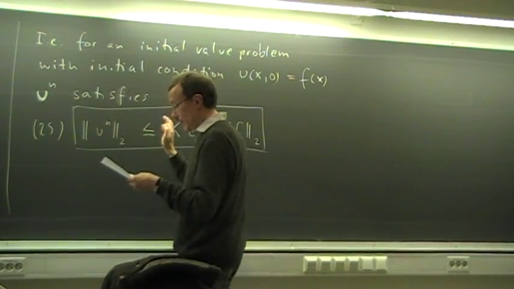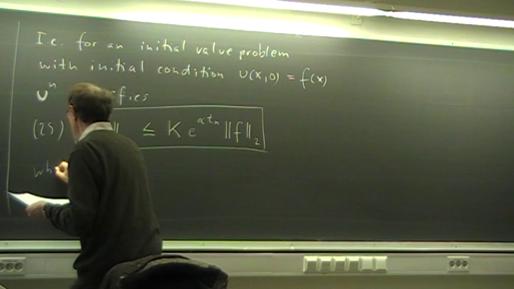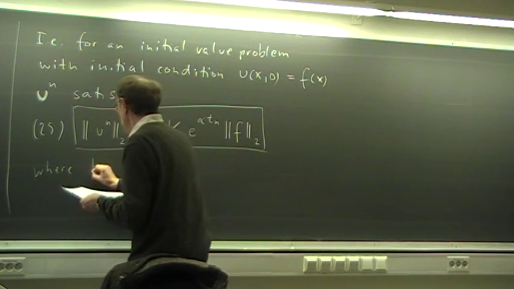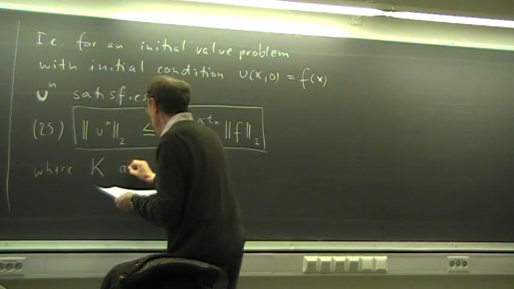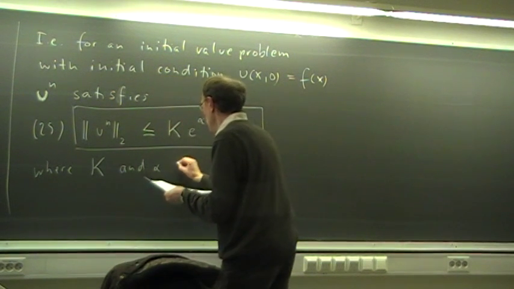Don't be worried, we take that much easier in a minute. This is just the definition where K and alpha are constants,